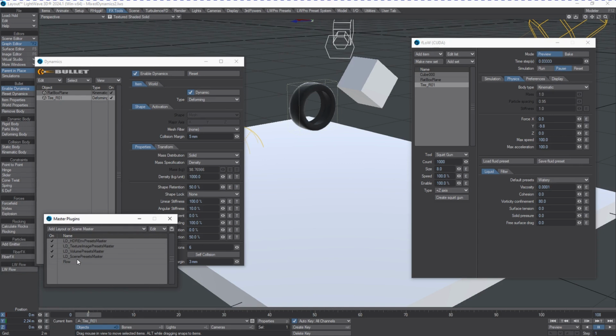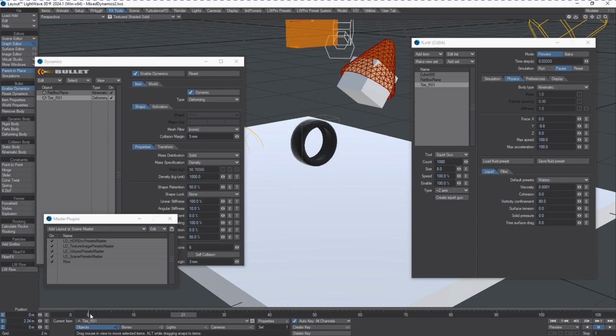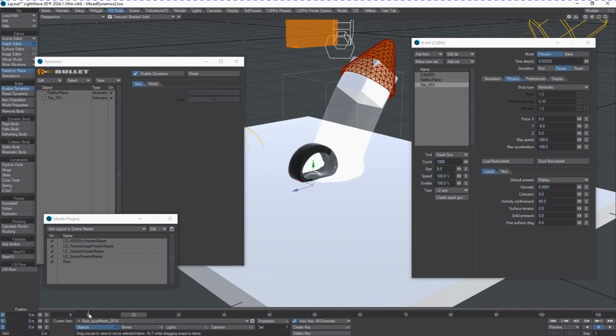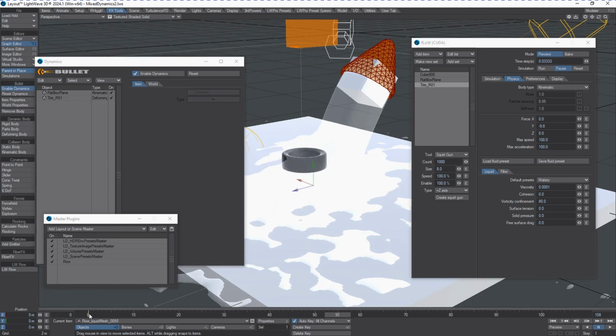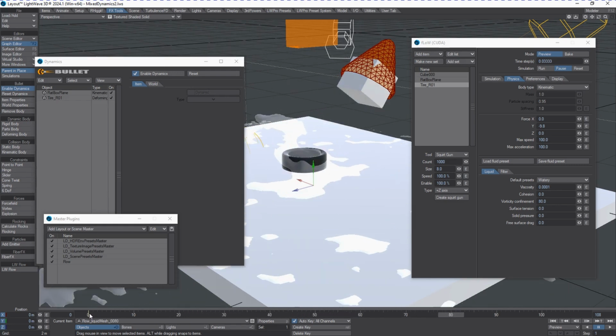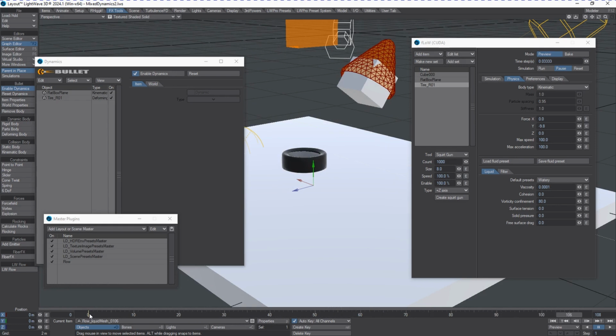Now I have Flow currently disabled in the Master Plugins tab right now, so we have to turn it on so we can see what the results were. Very interesting stuff. Now, for those of you wanting to work with these side by side and actually have them running, you can achieve this during either a preview